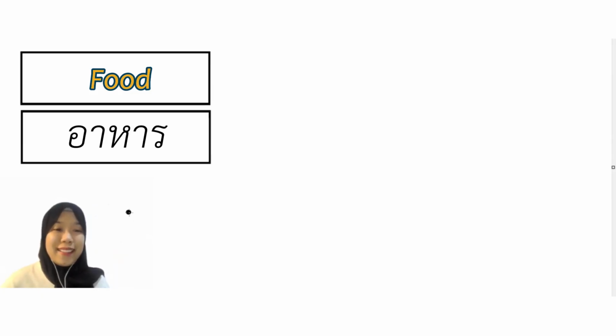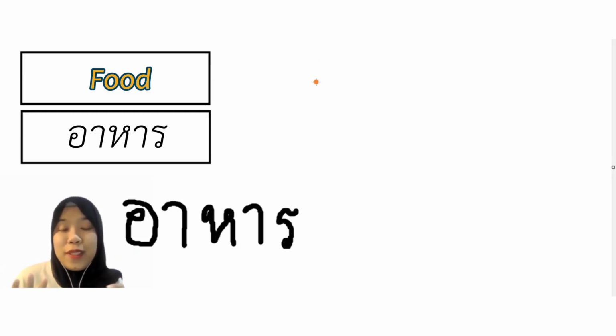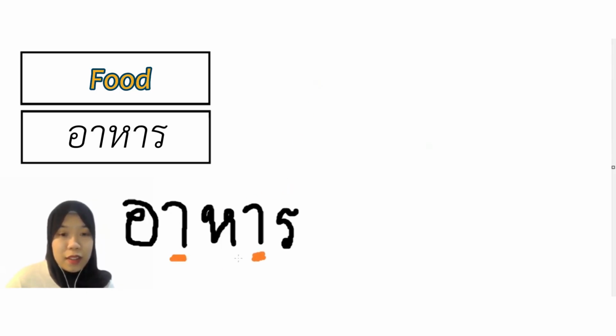Okay, now let's write it. อาหาร Now, for those who doesn't know vowels or consonants yet, just make a guess, okay? What are these two characters over here? Okay, the word is อาหาร What's the thing that happens twice in this word? In these two syllables, so the sound is repeated, right? อาหาร